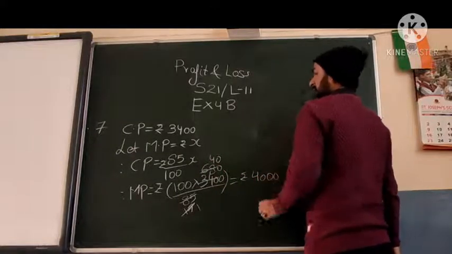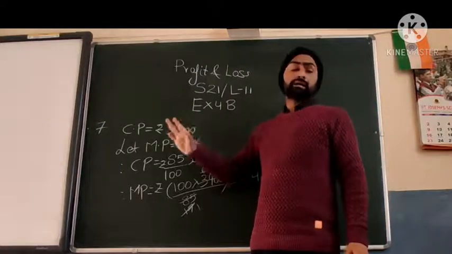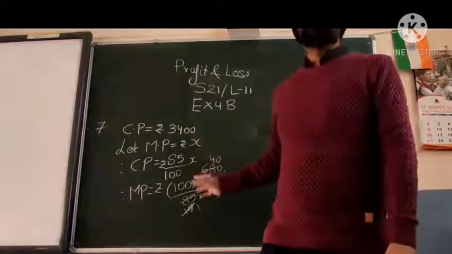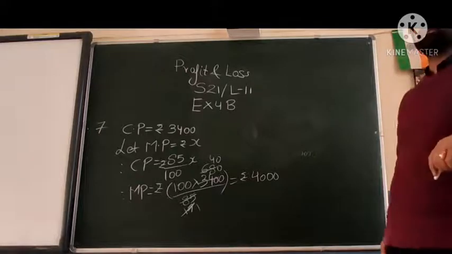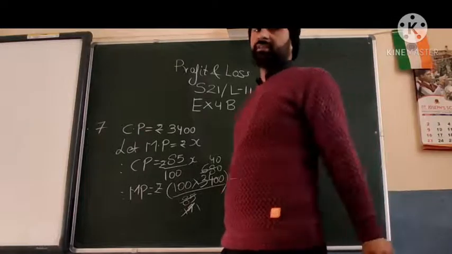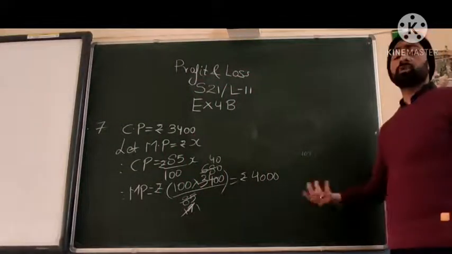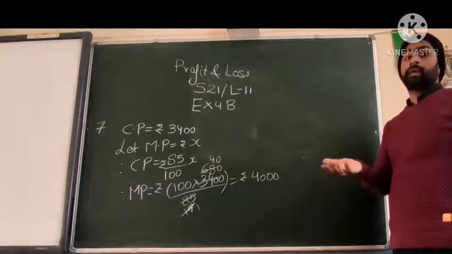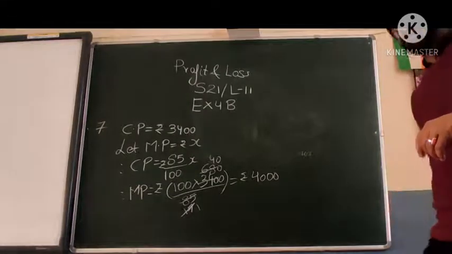4000. So children, see, from the given data of CP being 15% less than the marked price, we have got the marked price also. But here one thing is given, what is that? That is CP itself. Then what? If the article is sold at a discount of 10%, now discount is 10%. That means what will be the SP? So selling price is always decided upon the discount which is offered on the marked price.